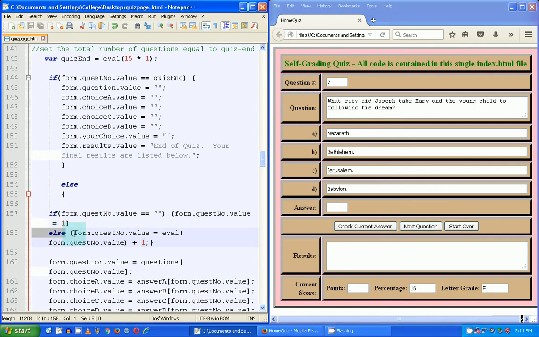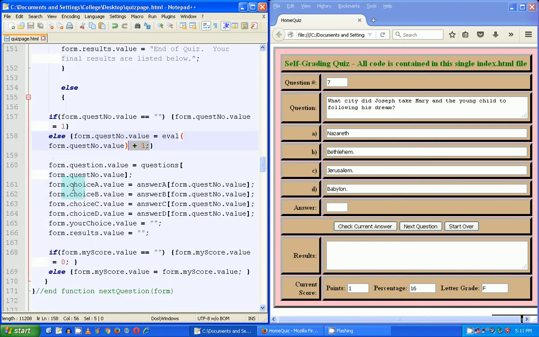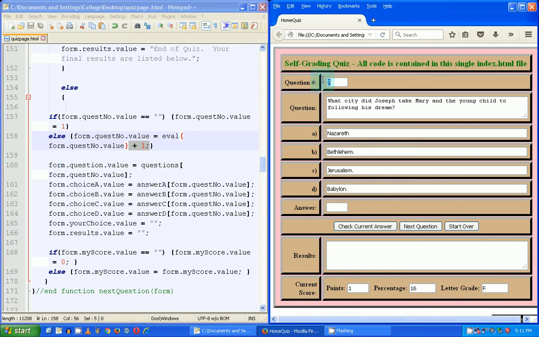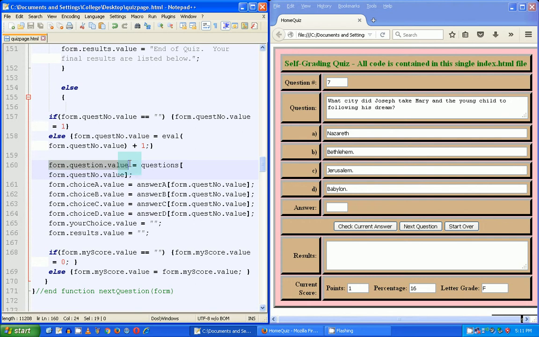Else, form.questNo.value equals eval form.questNo.value, which was 6, plus 1, it went up by 1 to 7. So if there's nothing there, it's going to be turned into 1. If there's a number there, then it's going to jump up by 1 when you hit next question. And as well as this turning into 7, our form.question.value, we're talking about the